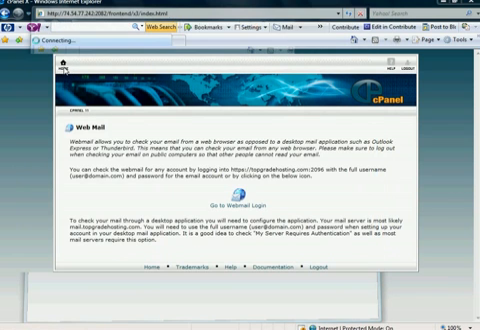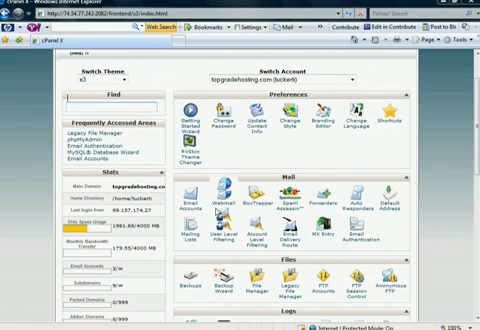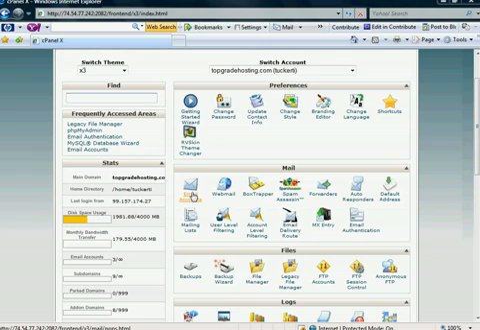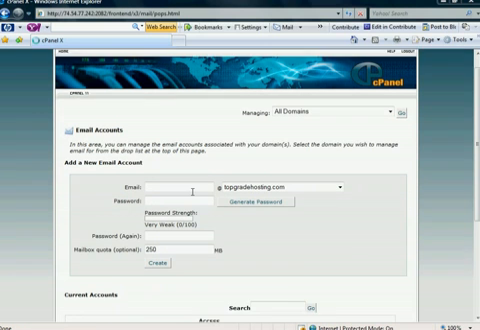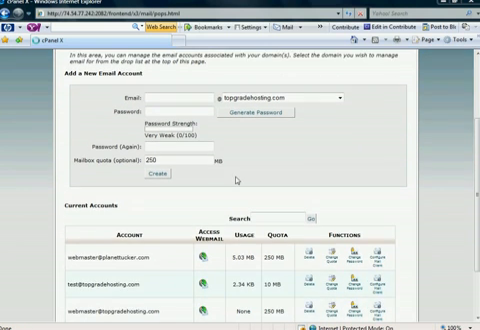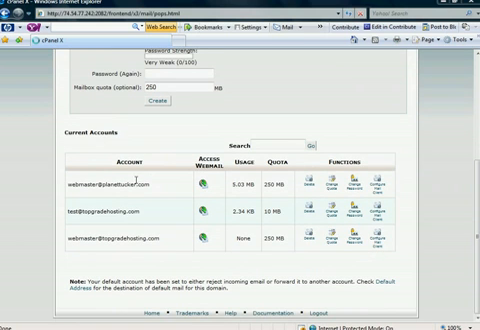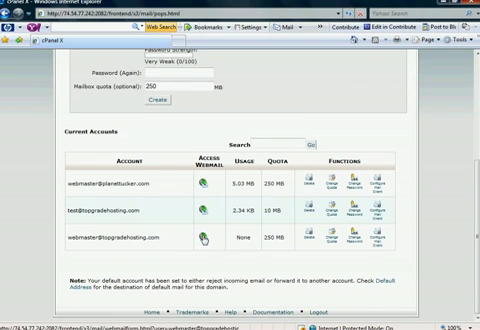Now if you have other accounts, the second way to do it, and this is the way I recommend because it ensures you're into the right account, is go into the email accounts icon, the same place you went to create the new email account, and off to the right it says under access webmail, there's this little icon of a globe. And so whatever email account that you're wanting to check, simply click on that,